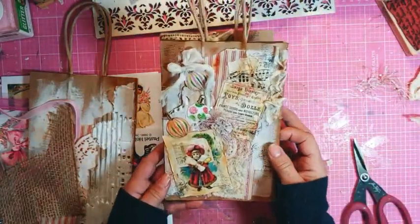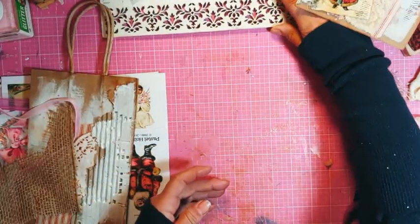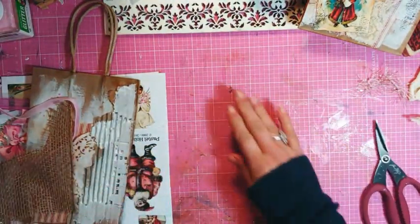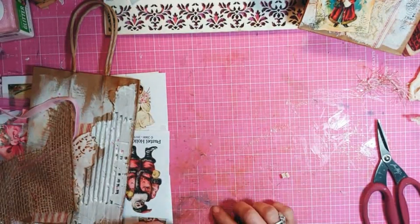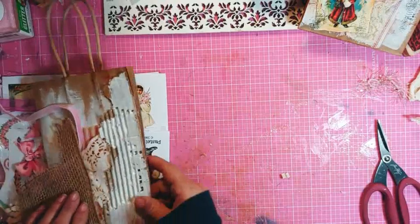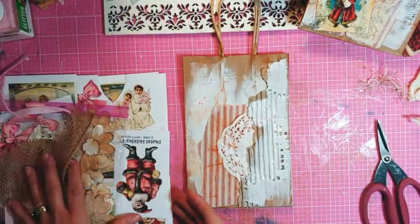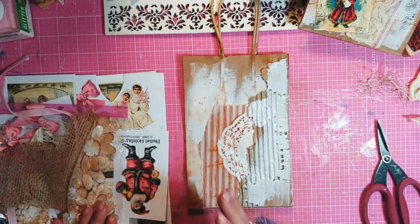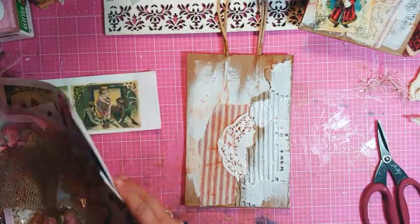So we're going to do another bag. We'll set these up here. Make sure I'm in the same spot. I'll be checking. Okay, as long as I don't go past there. Okay, so we have another bag. I'll get started and then we'll chat. I am using Ephemoire's